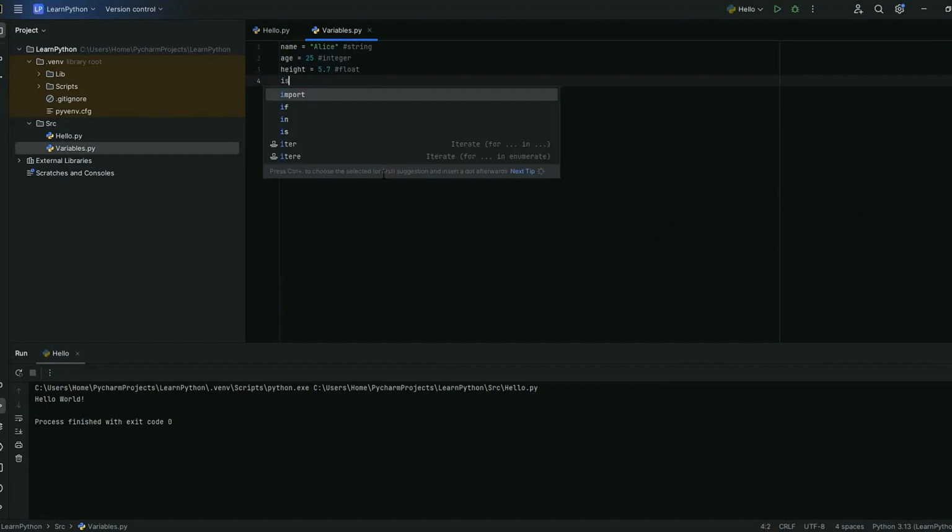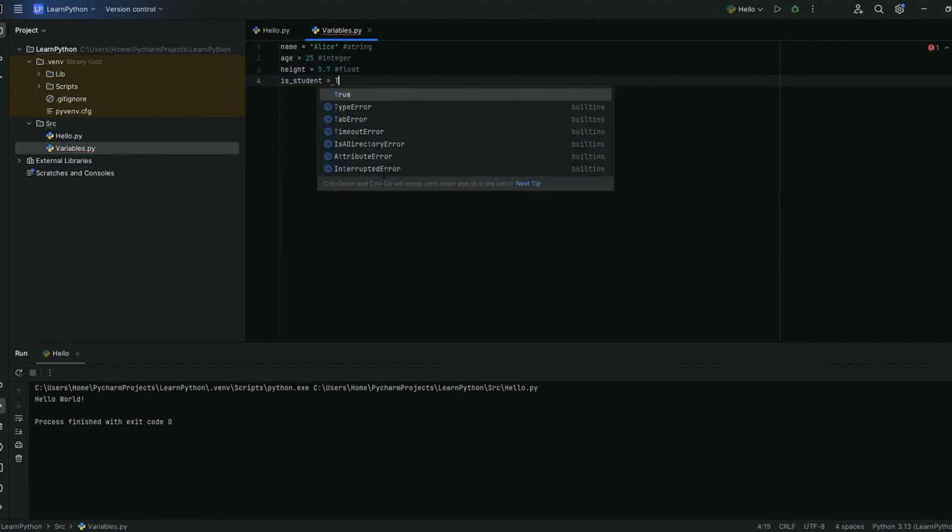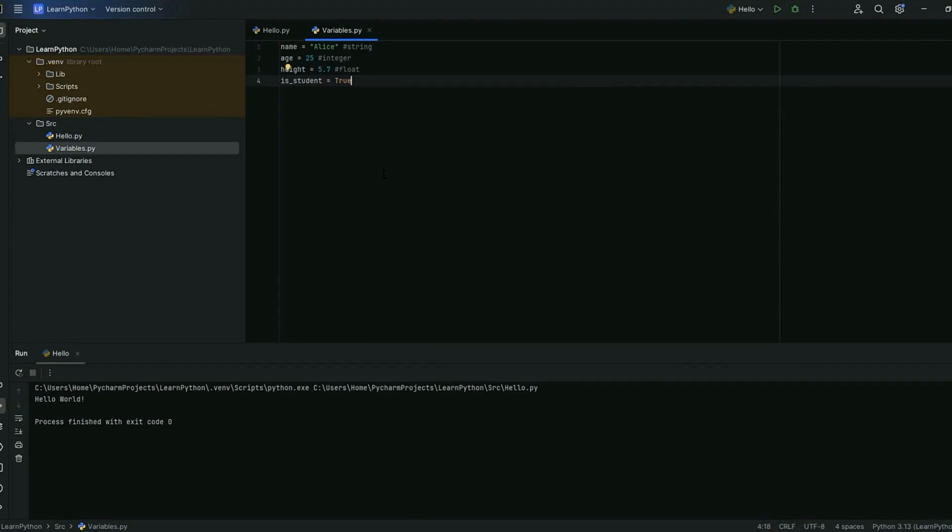Next, we have a variable called isStudent, which has the value true, which means Alice is a student. It is of the type Boolean. It can either be true or false. Now let's print these values and see what happens. To print something in Python, we use the print function. Here is how we can print the values